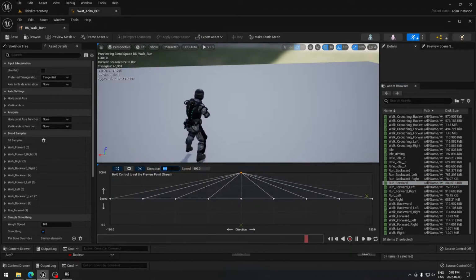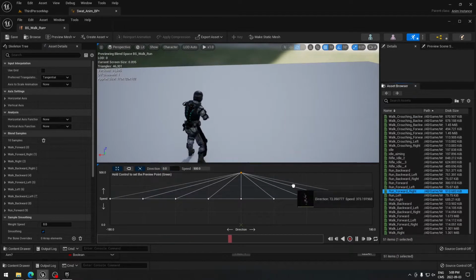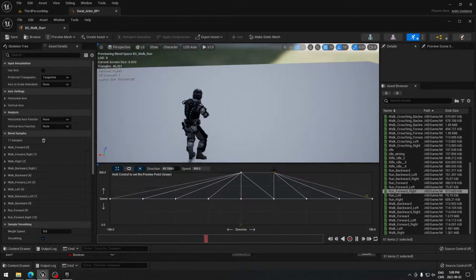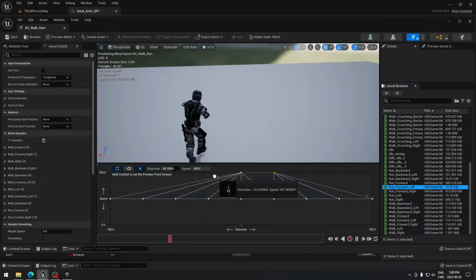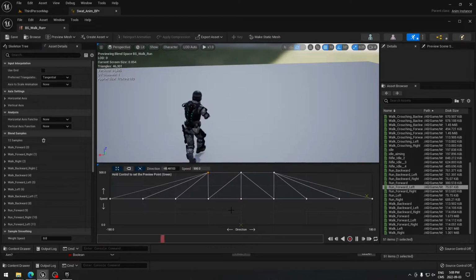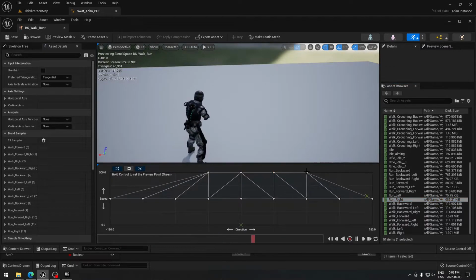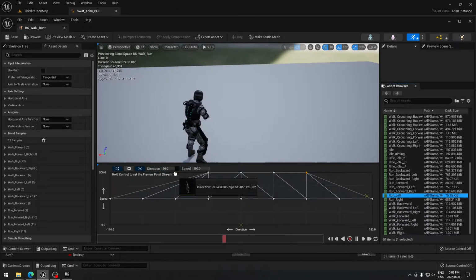It's gonna be 0. One to the left would be forward right. So we're gonna run forward right and run forward left on the other side. There we go. Just make sure that I'm perfectly at minus 45 and plus 45. After that's going to be run right. So run right. And we're going to take our run left on the other side